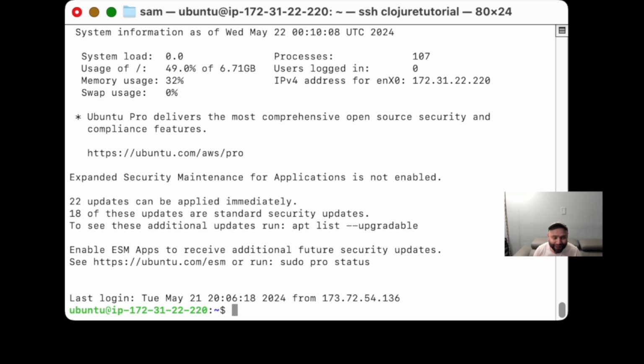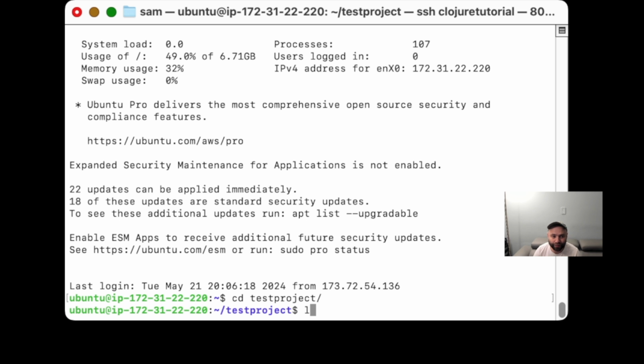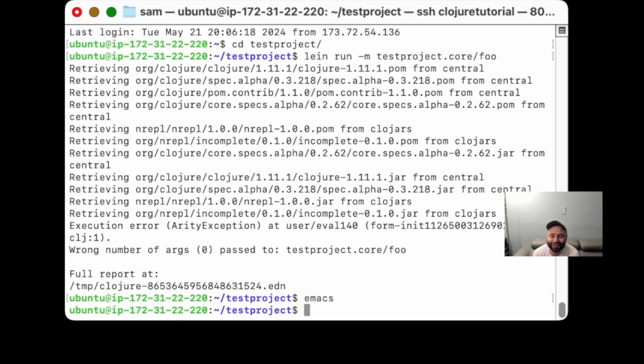So if I want to go ahead and I want to run this function, I can just cd into the project directory and then run it with lein run -m test-project.core/foo. So the first time you run this, you'll see that it downloaded a whole bunch of dependencies. These are just all the external build dependencies of the Clojure codebase. And then it ran the function and it actually errored out and it tells us that we passed the wrong number of arguments to